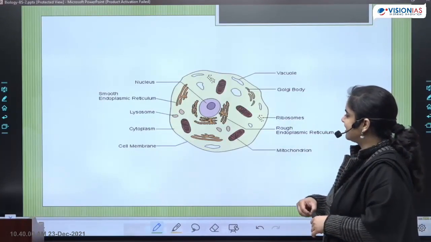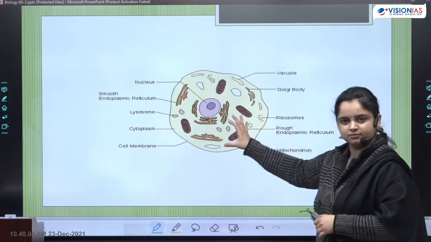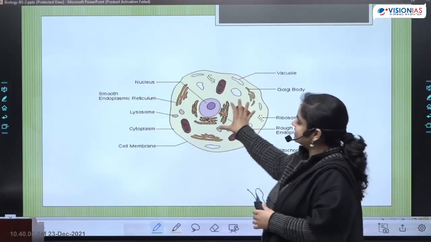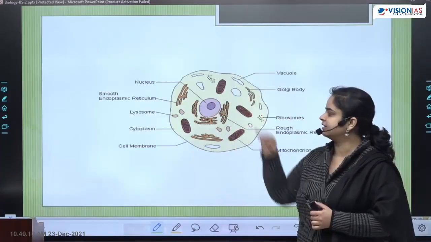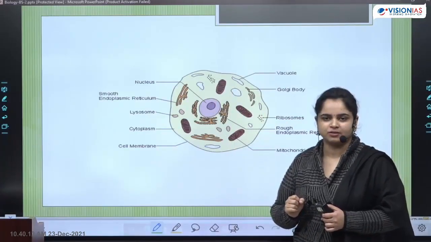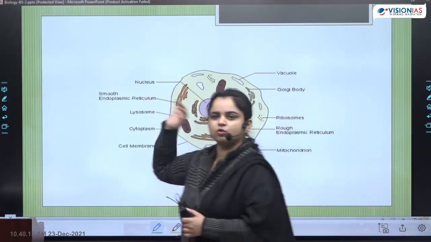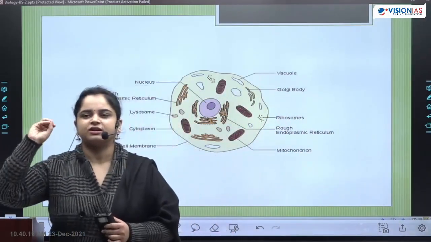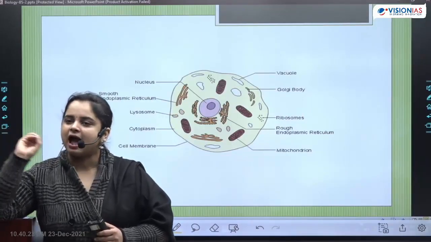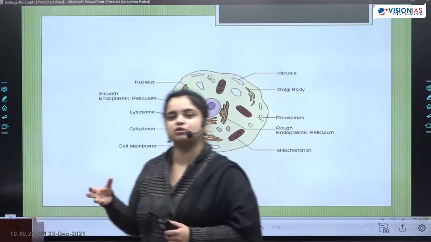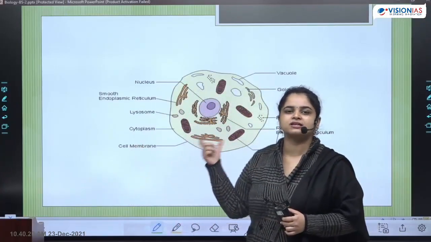Next we will talk about the next component, which is the nucleus. So when we go inside the cell membrane, we say there are two parts. One is the nucleus and then we have the cytoplasm. Nucleus, we already know what it is doing. The nucleus holds our chromosomes, which is our main genetic material. And in that sense, because it has the genetic material, it becomes the controlling center.